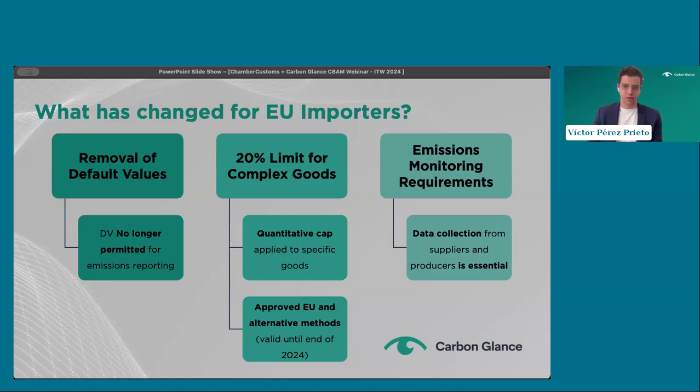So what this means is that if you are a producer of CBAM goods outside of the EU, and your production process emissions for the CBAM goods that you are producing do not exceed 20% of the overall product's emissions, then you are permitted to still use the default values, the standard values provided by the Commission. However, this doesn't mean that actual data is not needed, because actual data for the rest of the supply chain will still have to be collected for those particular CBAM goods.